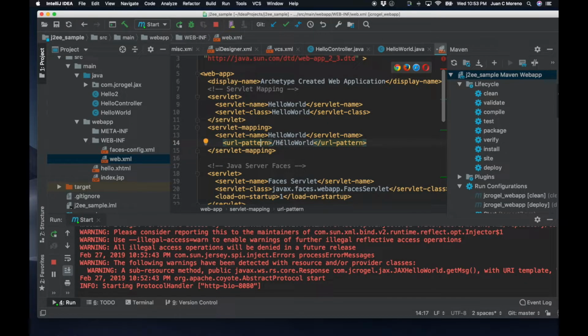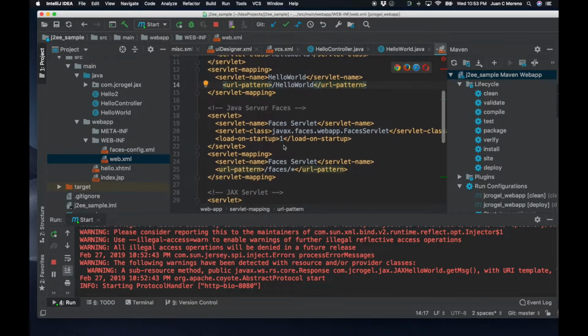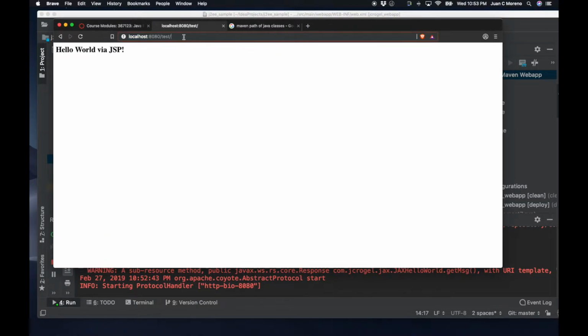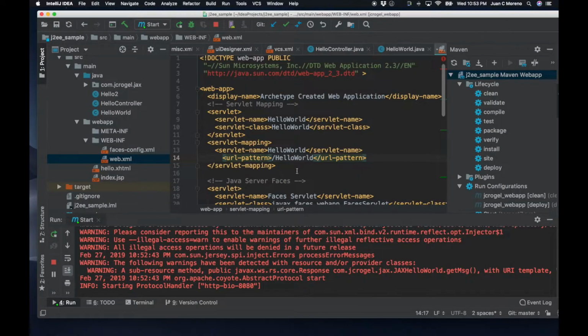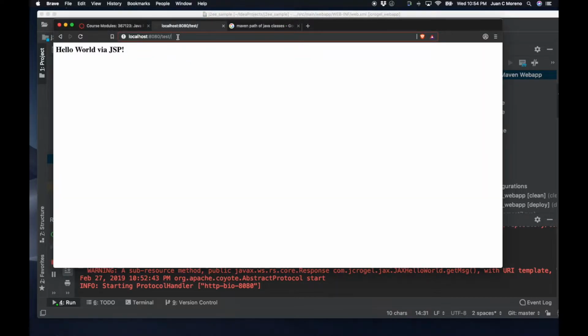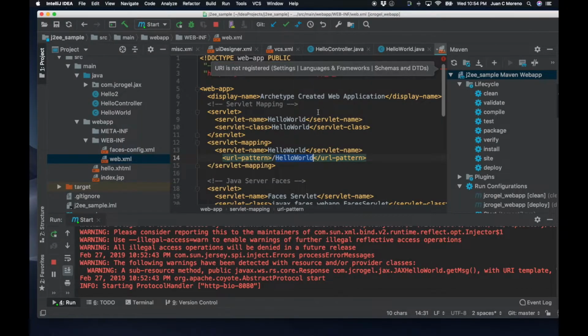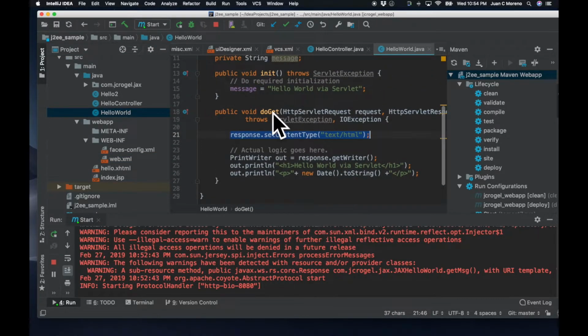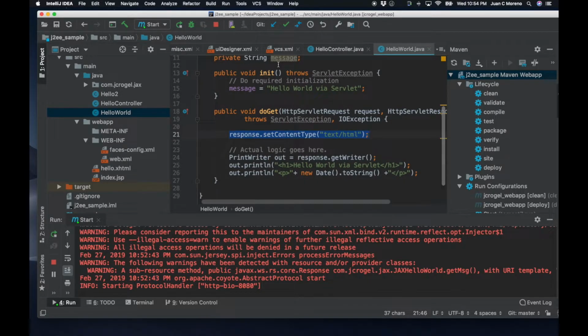That's the URL where things are mapped, and if we run it, we can then point to our localhost test, and because we're mapping it to this URL, it's going to resolve to this class, which essentially is this thing. So it seems a little bit convoluted to do it this way, because first of all, for each page that you're writing you need a servlet, which means it's hyper complicated. And bear with me, because I'm trying to show you how things become simpler as